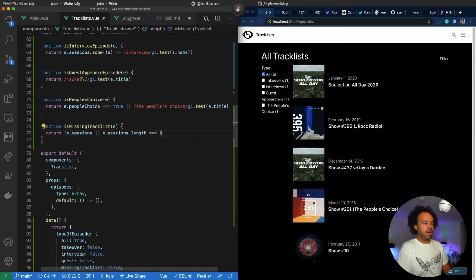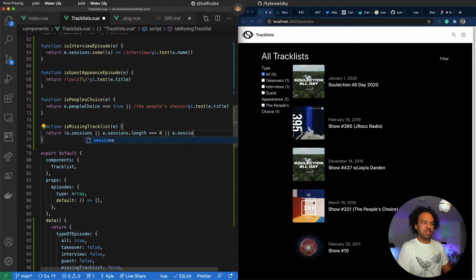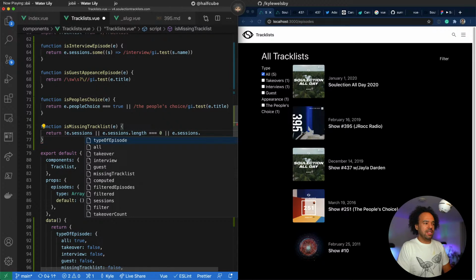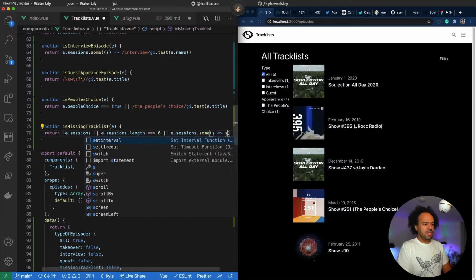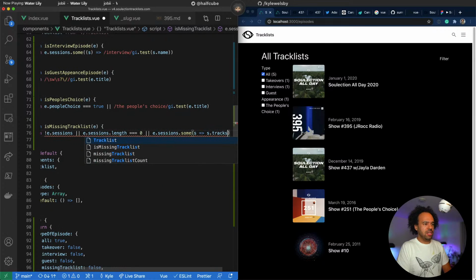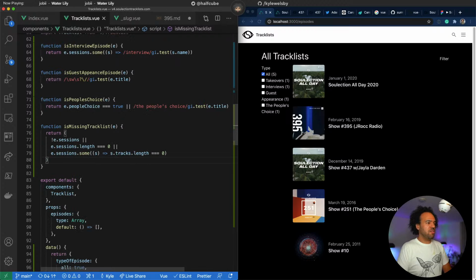If we've got an array, or if we do have sessions, and I guess some session tracks length equals 0. That's covering many different cases.